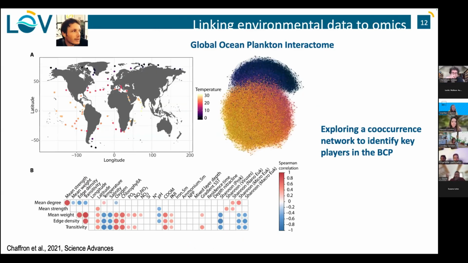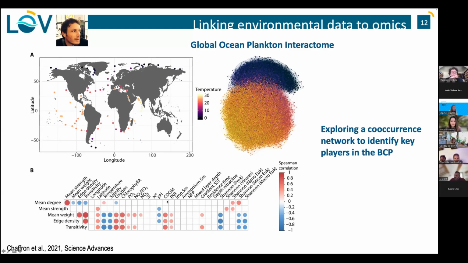The way we did that is by trying to put all this data together. For that, we needed to use an abstraction, trying to put all these organisms in a single framework. This is a more recent paper from Samuel that was part of the paper in 2016. What he did was develop an interactome. An interactome is just a co-occurrence network of all the species that were present or absent at a given station, so all the stations that we sampled. You can look at the co-occurrence patterns of these different species. This is a mathematical tool, and then you can use that tool to explore whatever relationship there is with environmental conditions.